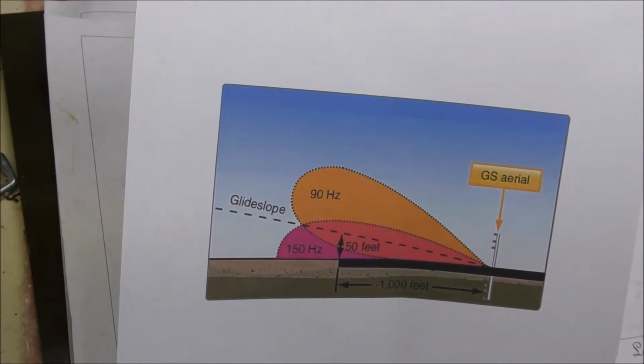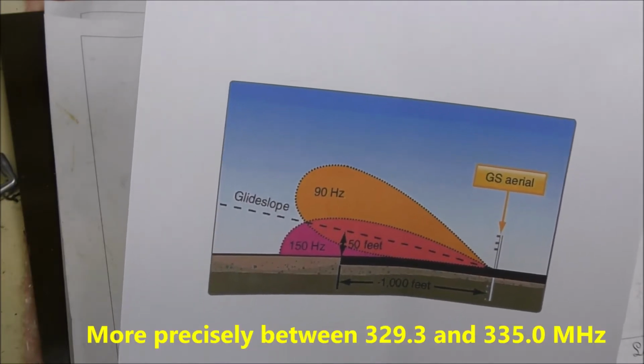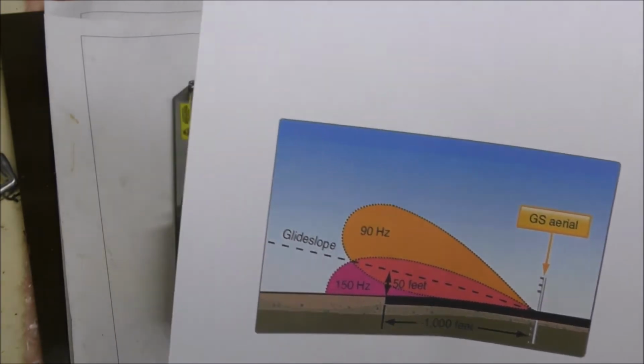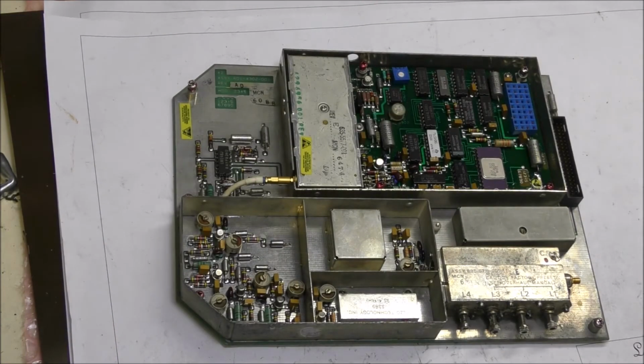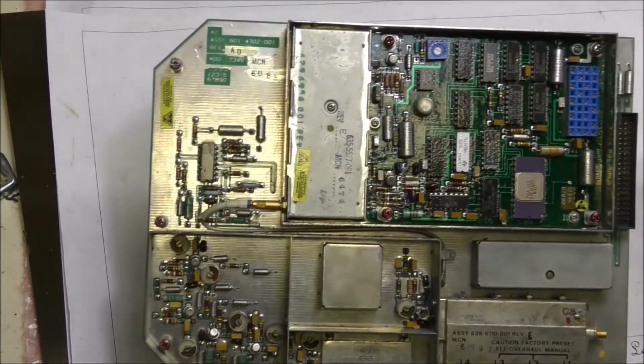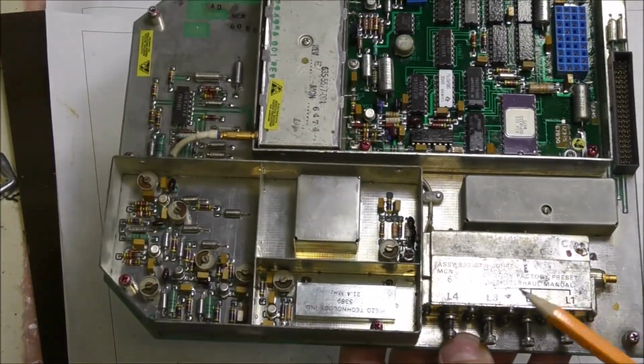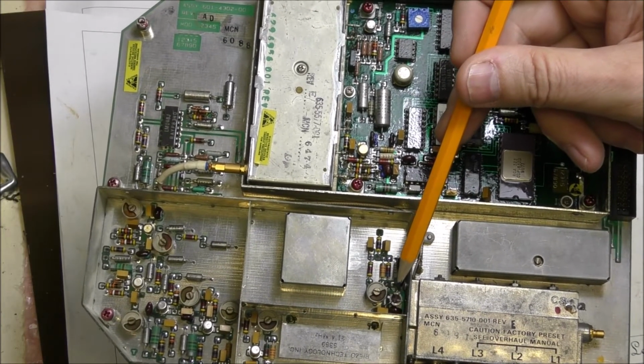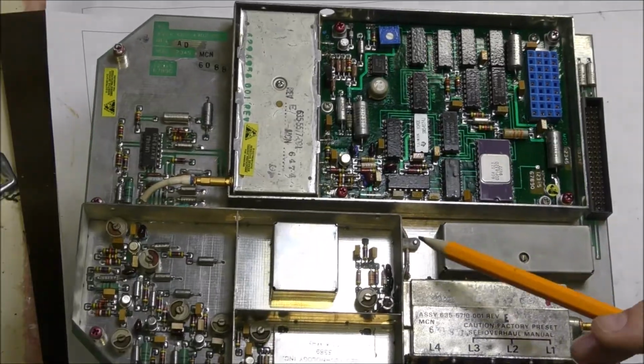The carrier frequency of the signal is around 330 MHz, and the signals are AM modulated. So basically, this thing is just an AM receiver. The input of the antenna is here. Here we have a filter in order to remove the signal which is outside the bandwidth, around 330 MHz. The output of this filter is fed to this transistor. This transistor is probably a dual gate MOSFET, which is used as a mixer.